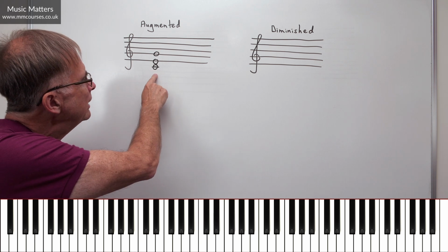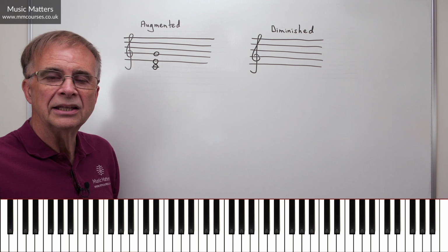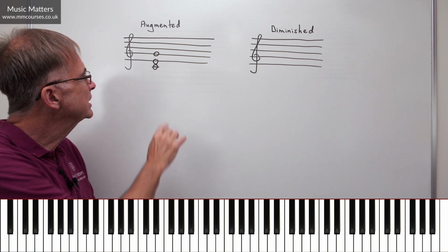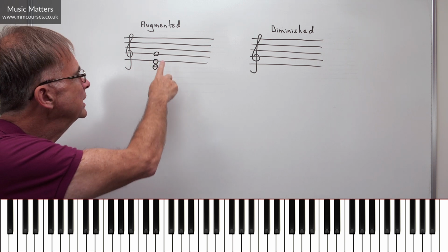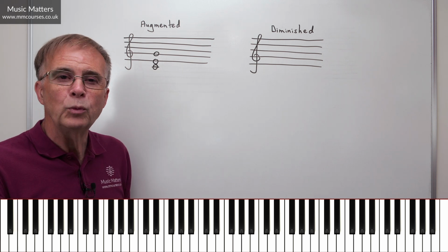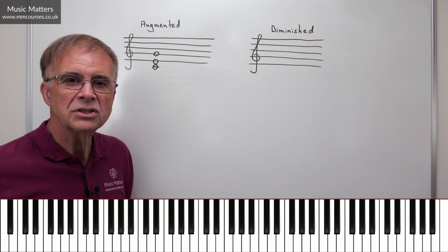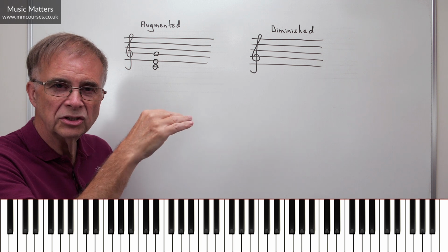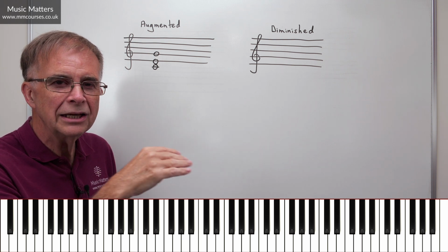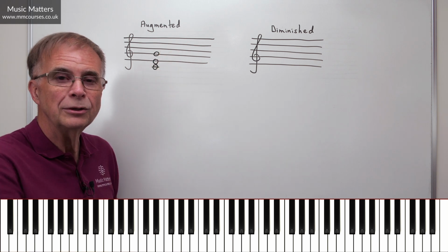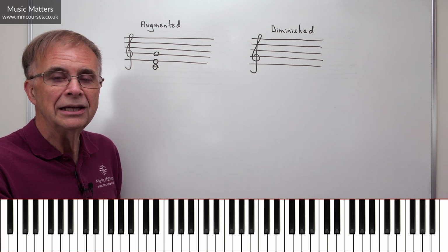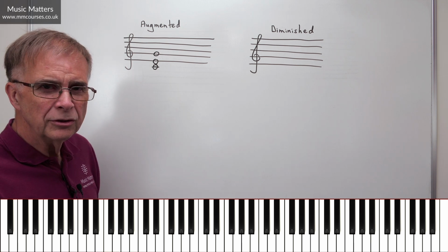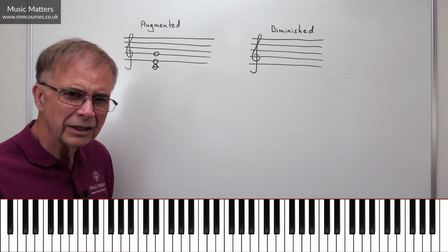Now, how do I know that's a major triad? Well, first of all, if the bottom note is C, and I therefore think in the key of C major, it has no sharps, no flats. So the 3rd note above C is E, the 5th note above C is G, and we know that E and G are notes in the key of C major. So in this case, that's all going to work out. As long as the 3rd note is the 3rd note in the major scale of the bottom note, and the 5th note is the 5th note in the major scale of the bottom note, you know you've always got a major triad.